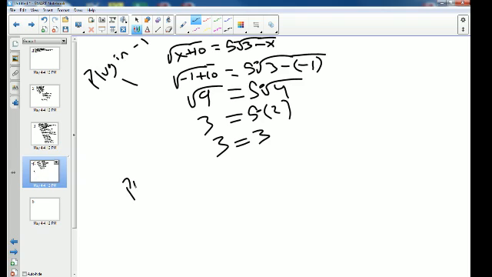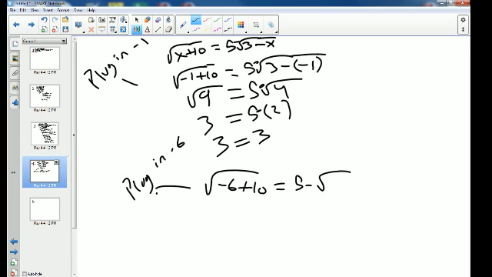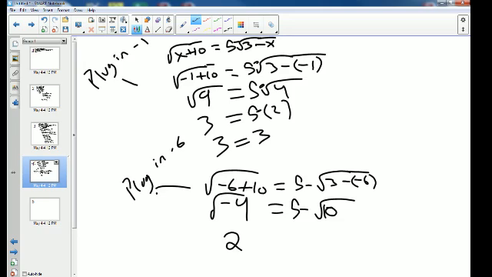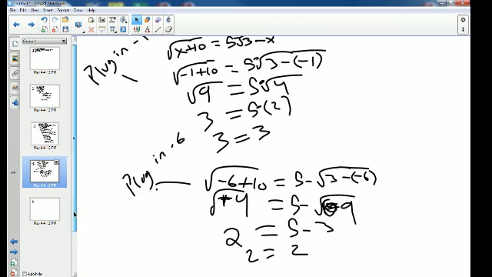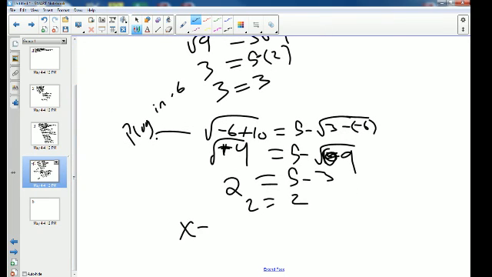Now you have to plug in negative 6. So the square root of negative 6 plus 10 equals 5 minus square root of 3 minus negative 6. This is square root of 4 equals 5 minus square root of 9. Sorry, that's not a negative 4, that's positive 4. This reduces to 2. And this reduces to 5 minus 3. 2 equals 2. So you just solved your second problem. So both x equals negative 1 and x equals negative 6 are verified. So your solution is x equals negative 6 or